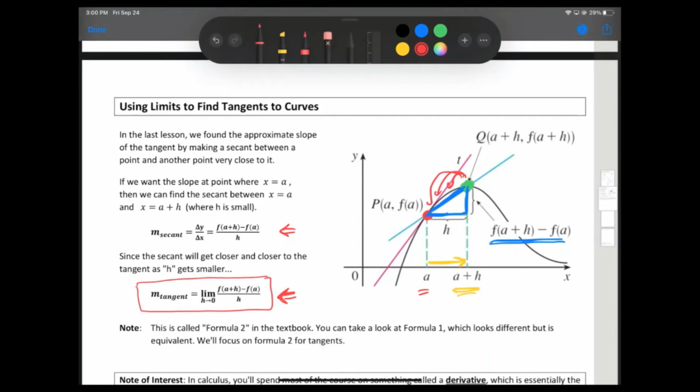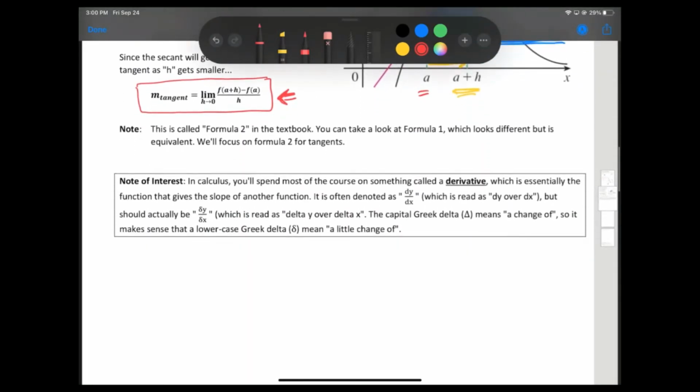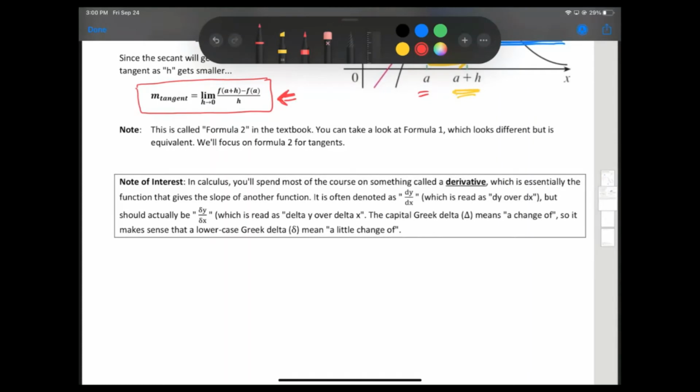And I do want to point out, for those of you who are going to take calculus later, that you're going to do something called a derivative. And the derivative of a function will give the slope of the tangent. The way that you would write a derivative, I'm going to do this by hand so you see the difference. If I want to do the change of slope of y, I do dy by dx, is what they call